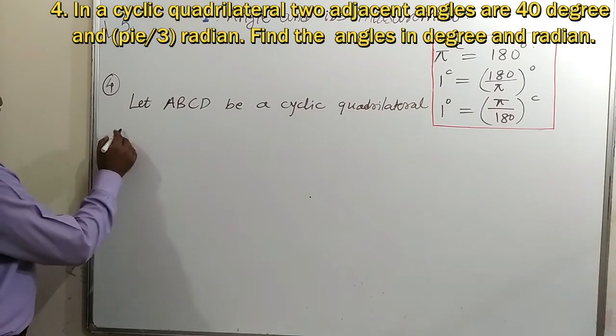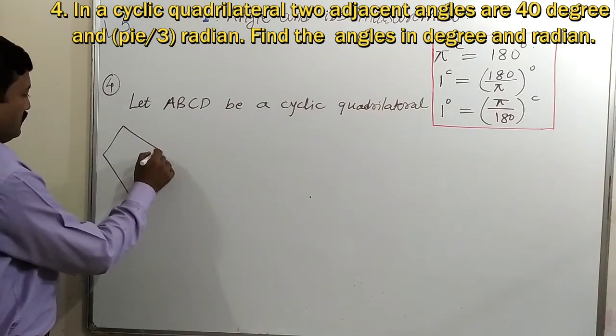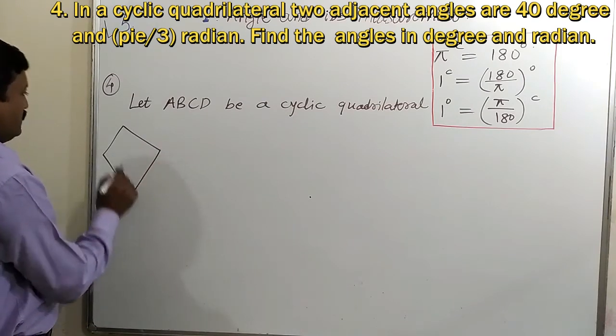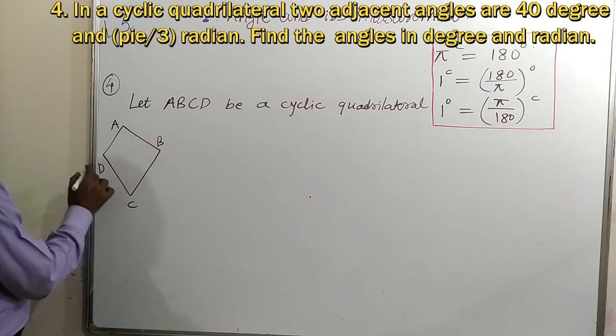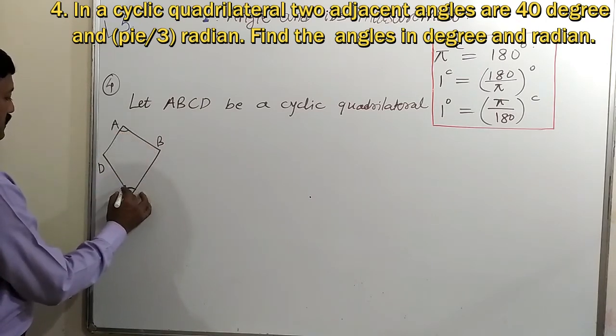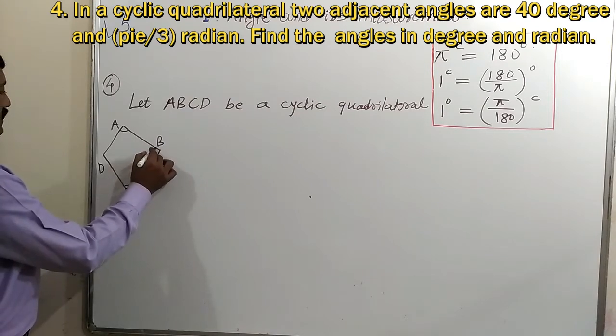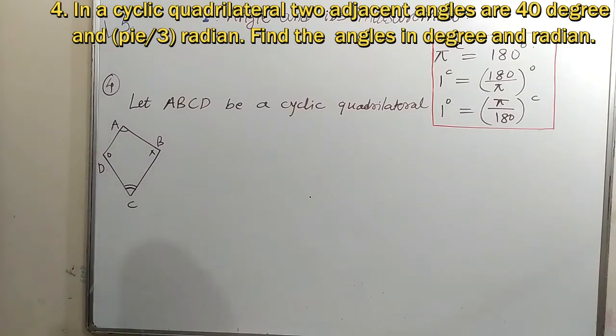For instance, let us take a certain figure of a cyclic quadrilateral. Suppose this is cyclic quadrilateral A, B, C, D. Obviously, these two angles are supplementary, and this angle is supplementary with this. Okay, so